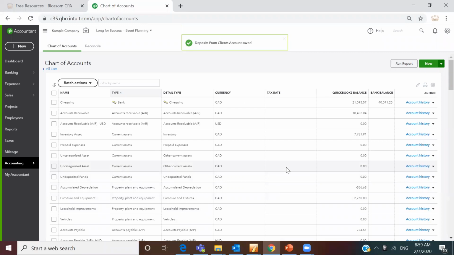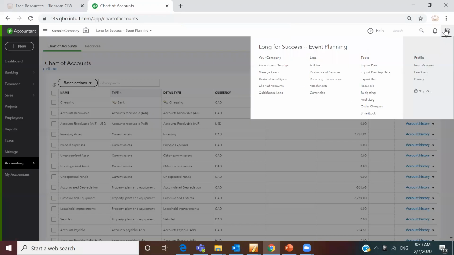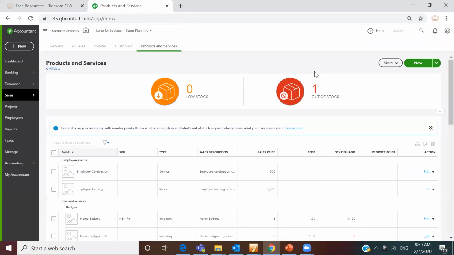Now, when you create an invoice out to the client, you have to specify what kind of service or product you are charging for. So this is what we're going to do. We're going to go to the gear icon, and under lists, you're going to find products and services. Again, I like to try to find first what's already been set up. So I'm going to go